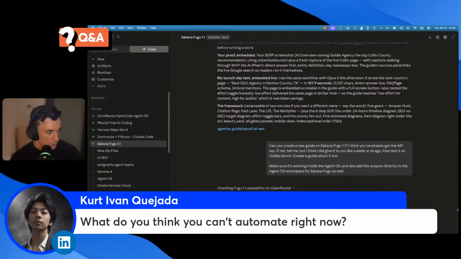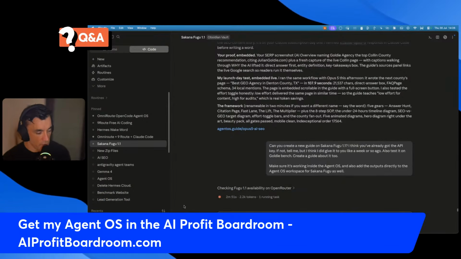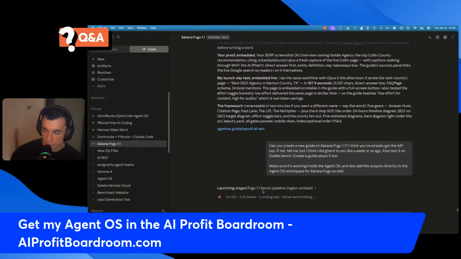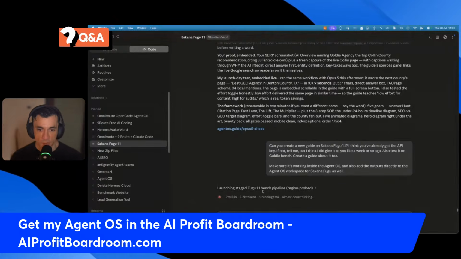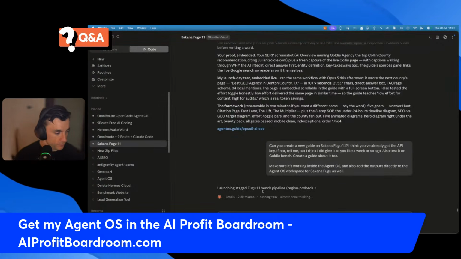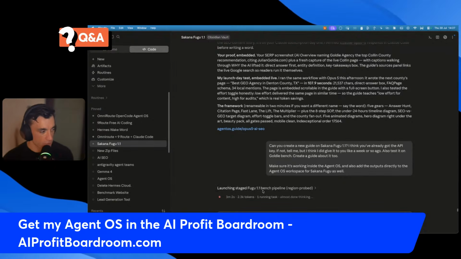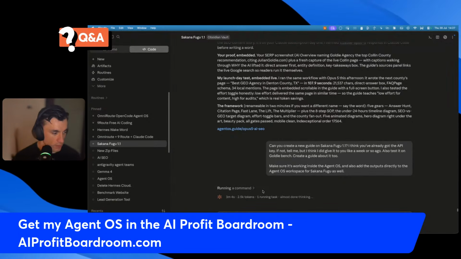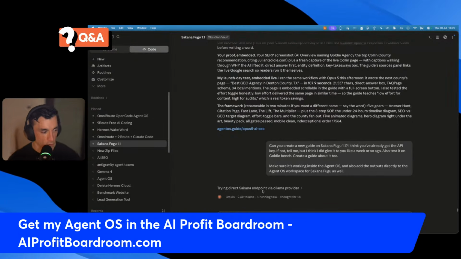What do you think you can't automate right now? There's nothing really. You can automate pretty much everything. There are no issues in terms of what I can't automate. I haven't come across anything that I literally can't automate at this point, even to the point of replacing myself. The only thing that I can't automate is decision making, but